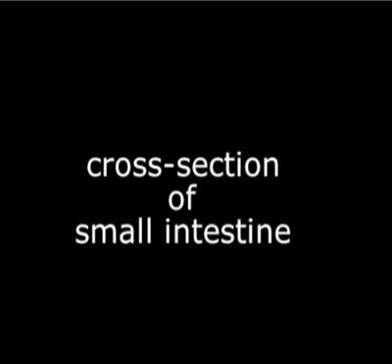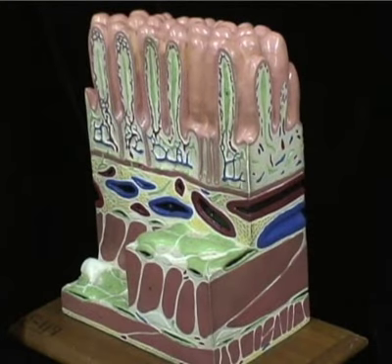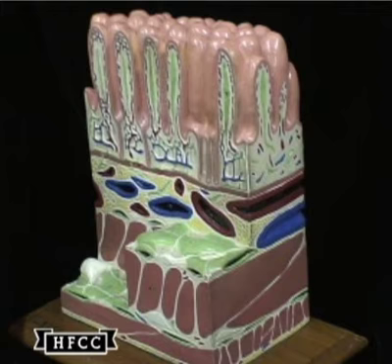This will look at the anatomy, a cross-section of the small intestine somewhere throughout, probably in the jejunum or ileum. Here it is with four tissue layers, starting first with the outermost layer called the serosa. It's a fibrous connective tissue that will become part of the mesentery or the mesocolon, depending where in the small